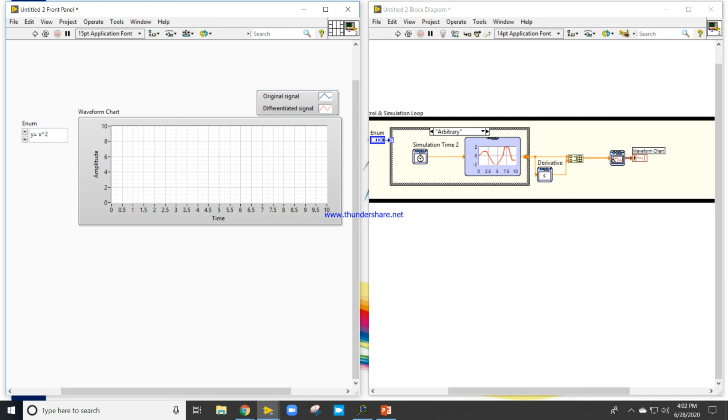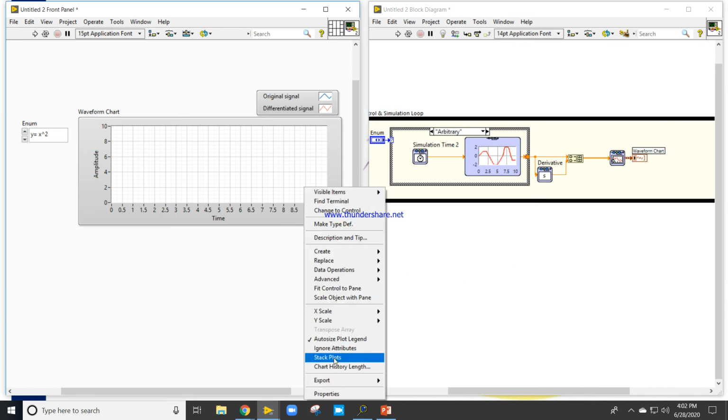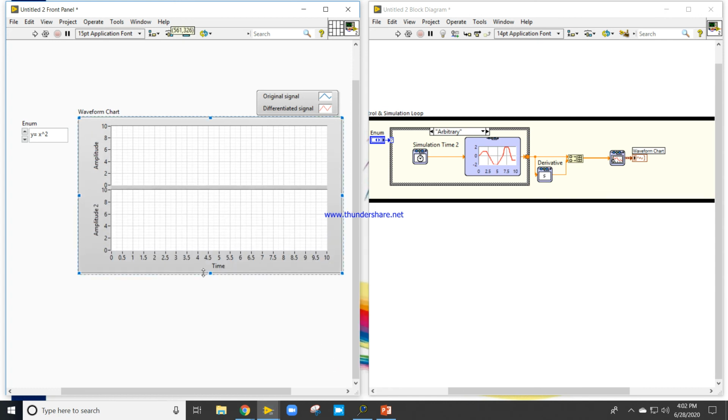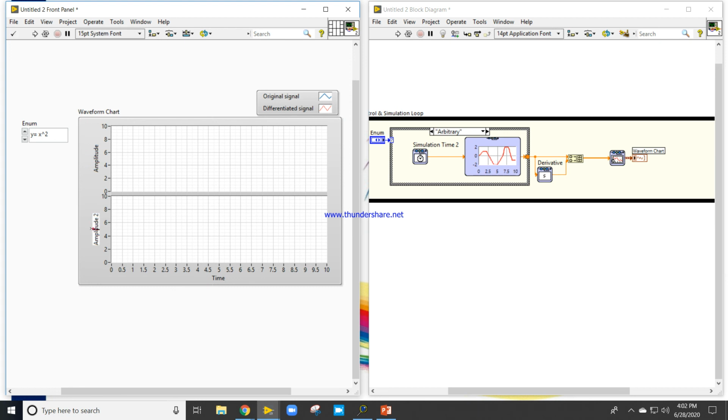Now I will right click, I will click on the stack plot, then I will increase the size, and here I will write derivatives of functions and function f(t) here.